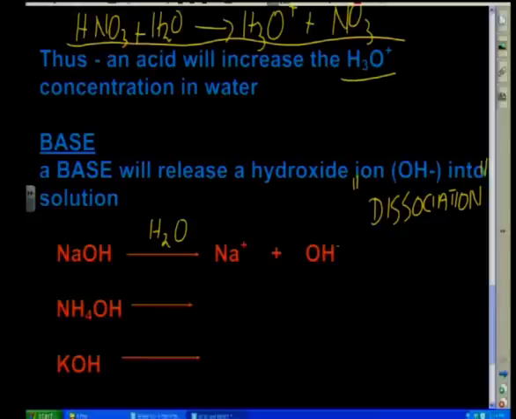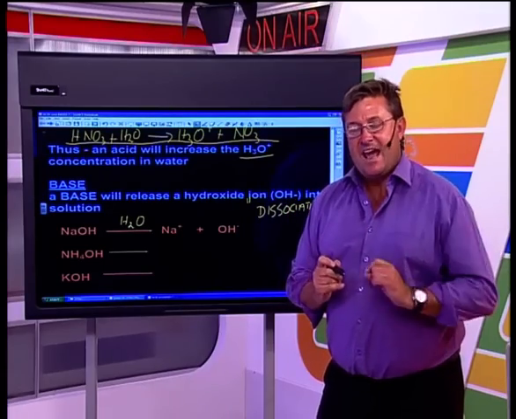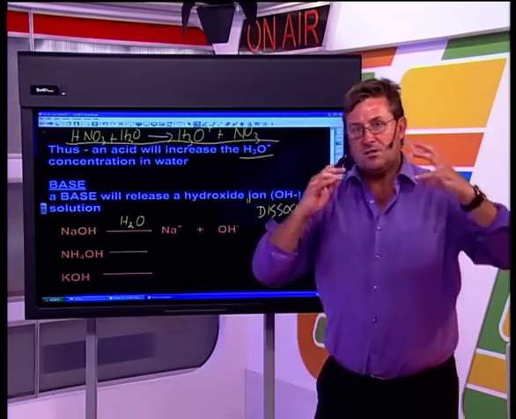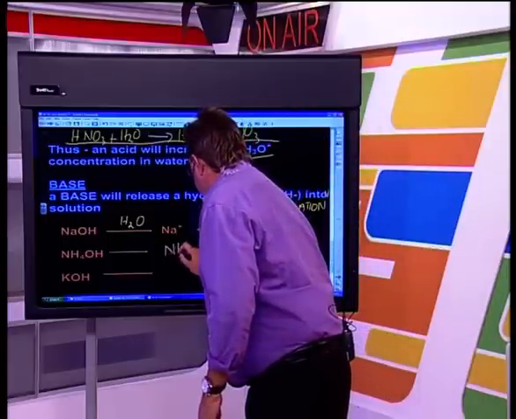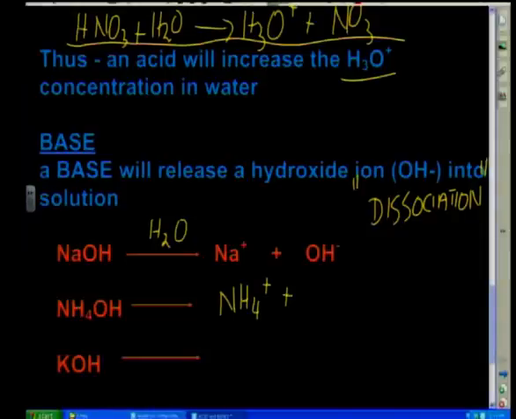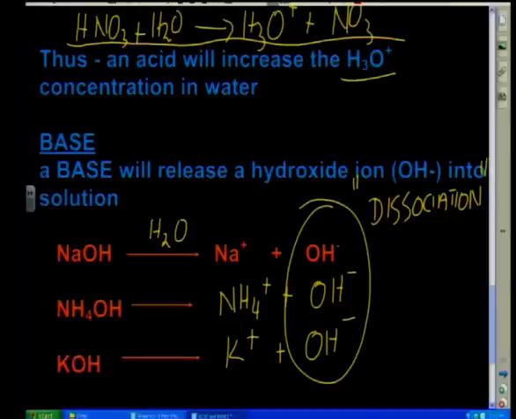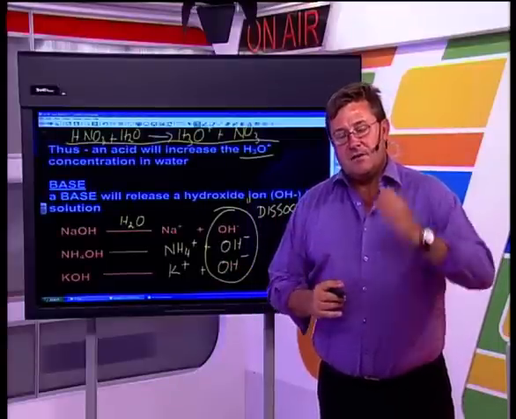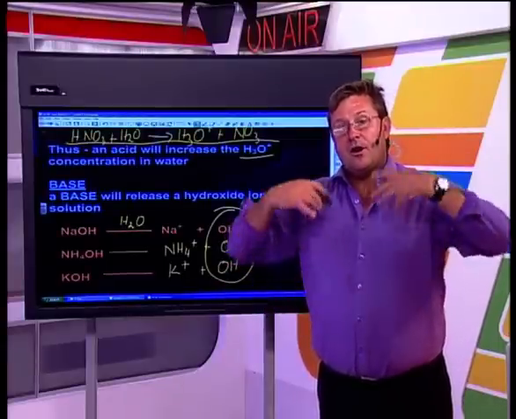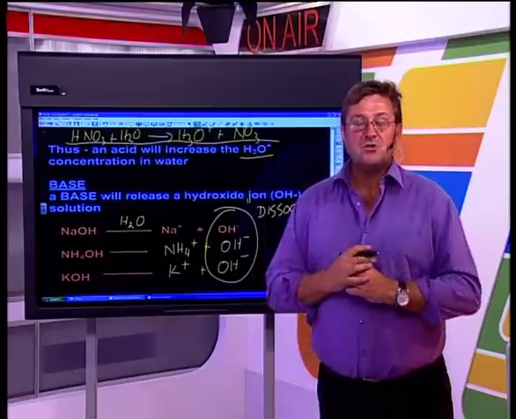So if we have a look at other examples, what can we do? Very simple. All we have to do is look at the next example, which is ammonium hydroxide. Ammonium hydroxide will simply break up into the ammonium cation plus the hydroxide anion. And the next example, potassium hydroxide, will simply dissociate into the potassium cation and the hydroxide anion. And guys, can you see now? There is the Arrhenius base. The Arrhenius base is telling us that we are going to be releasing hydroxide ions into solution.